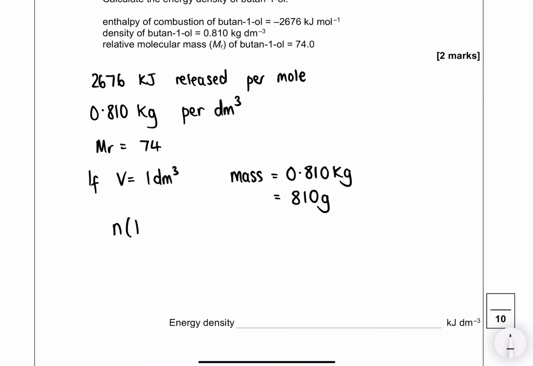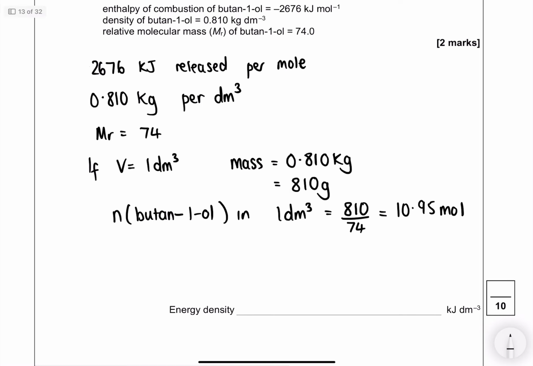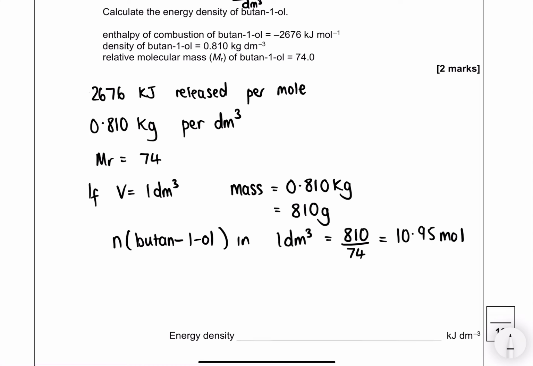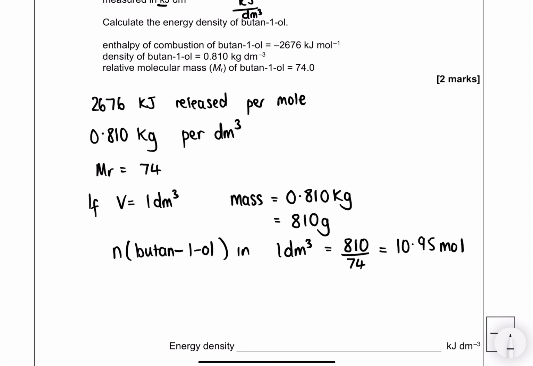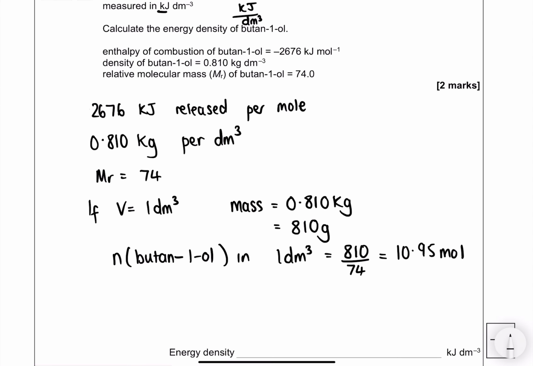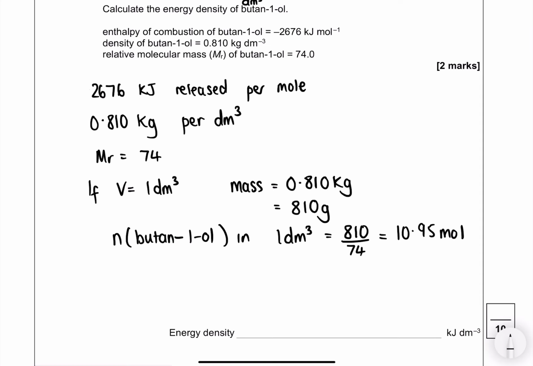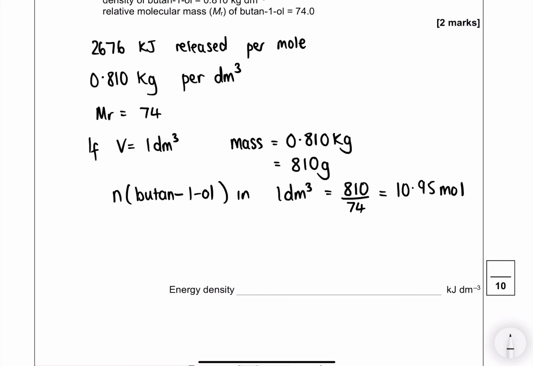So the moles of butan-1-ol in 1 decimeter cubed equals 810 over 74, which would be 10.95 moles. And we've got 2,676 kilojoules released per mole,